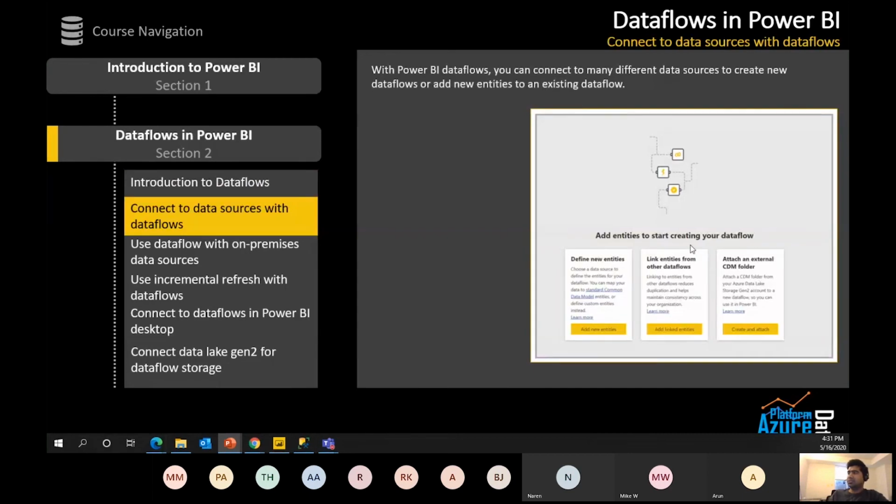When you try to create a new dataflow, you will see this screen. In this screen, you can define new entities, link entities from other dataflows, and attach an external CDM folder. So I definitely would like to ask: how many of you are aware of the Common Data Model?